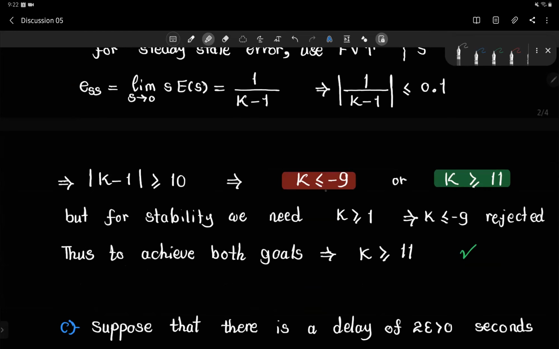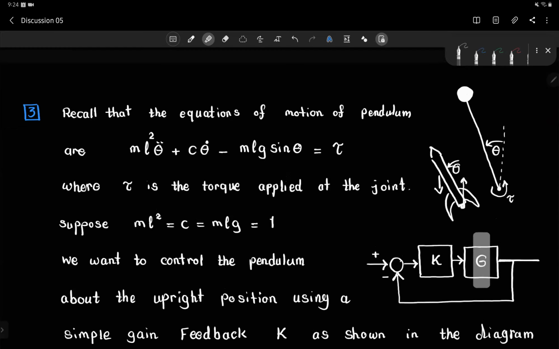So the plant is a physical plant, meaning it's basically the pendulum or a rocket or whatever. This is just the dynamics, and this is real time, like what happens now. This does not have any delay, right? This is just a physical system. However, because we are using a digital computer, and we are basically measuring, this is the sensor loop. So to do the feedback, they're basically measuring first,